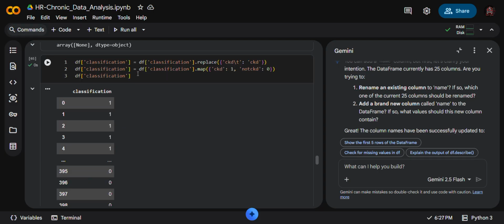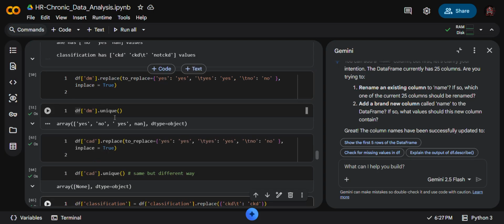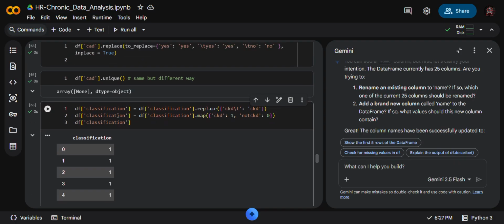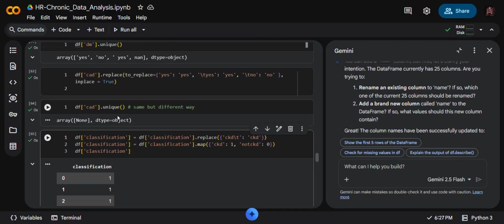You can use it like this, or maybe like this. It's up to you, whether you use it in the same code cell or in another.